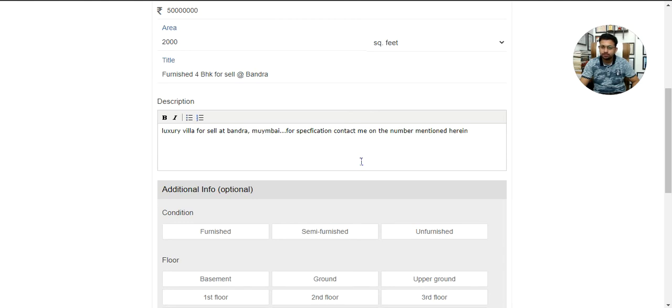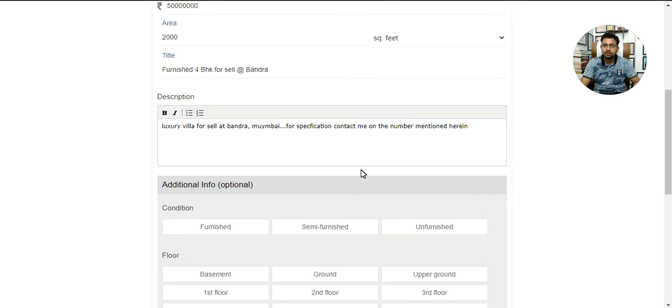And the specification I am talking about here is inside your premises, like CCTV, indoor video phone, solar, marble, electric fittings, CP fittings, paint, color, furniture, whatsoever, white goods we can say.